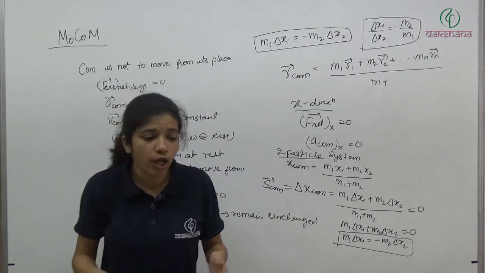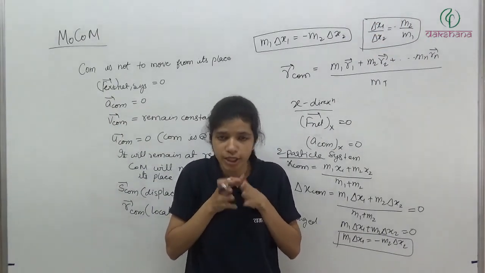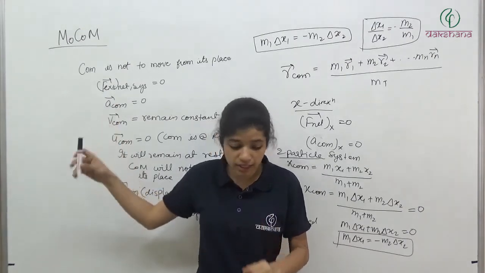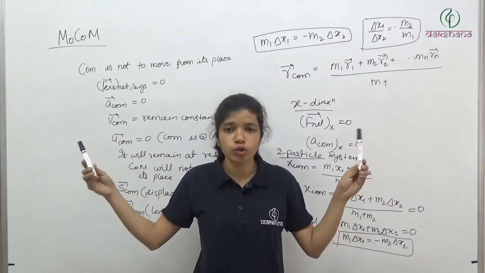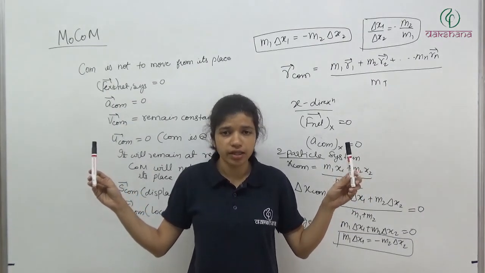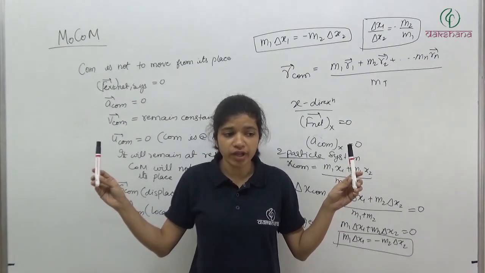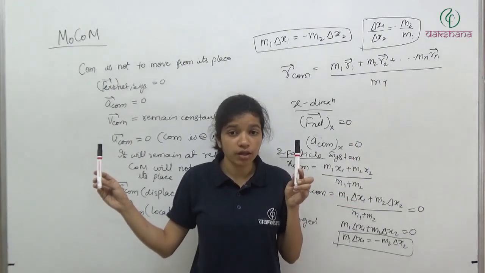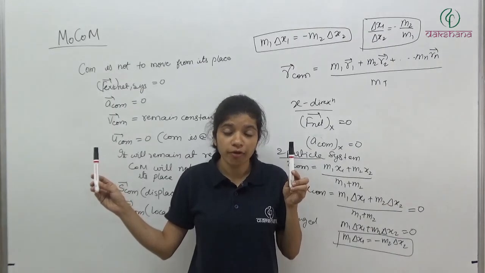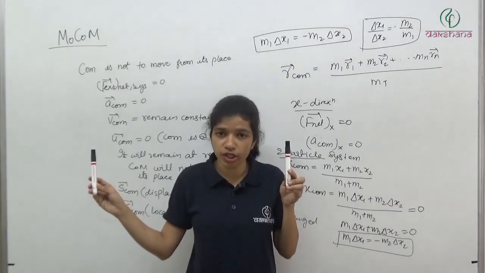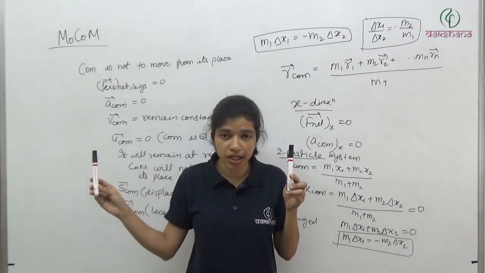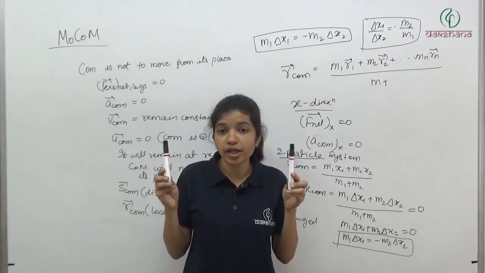ये direction दिखाएगा. भाई, center of mass यहाँ पे था, मान लो center of mass यहाँ पे था, and the individual particles of my system were this and this. मान लो दोनों अलग अलग mass हैं. क्लियर? तो इसका mass है कुछ 5 kg, इसका mass है 10 kg. So now it is moving in this direction. तो अगर इसकी position नहीं, ये है, तो center of mass क्या होगा? When individual particles are changing their position, center of mass will also get changed. तो इसको compensate करने के लिए इसको भी इधर आना पड़ेगा, then only the center of mass stays.